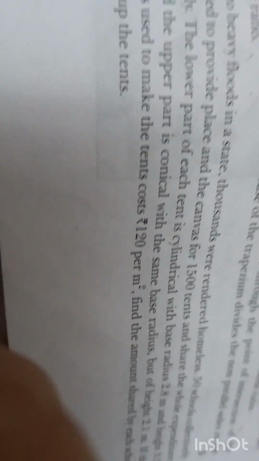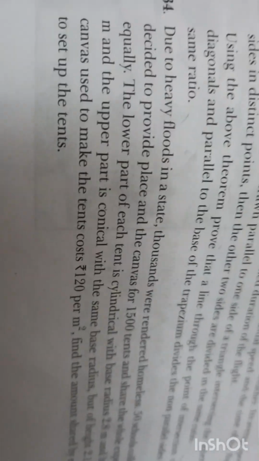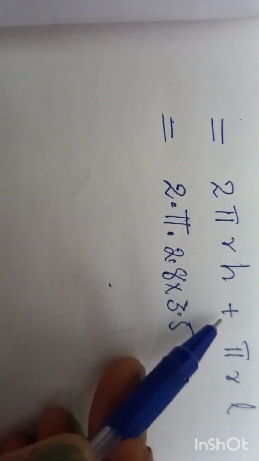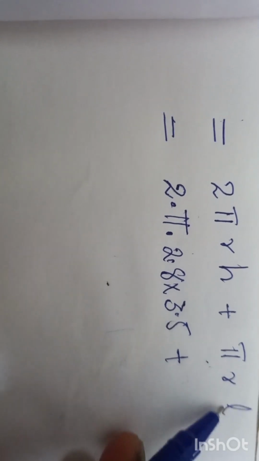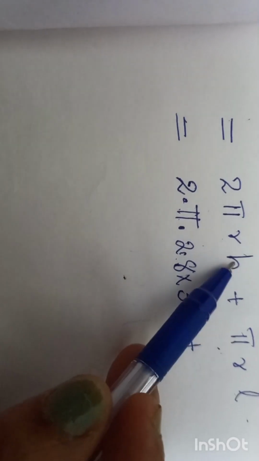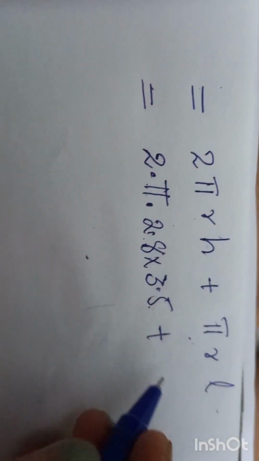So we have to find the cost of the canvas used. Find the amount shared by each school. So let's do the problem. Curved surface of cylinder is equal to 2 pi RH plus curved surface of cone is equal to pi RL. Then we have to substitute the values. 2 pi, R is what? 2.8 into what is H? 3.5 plus